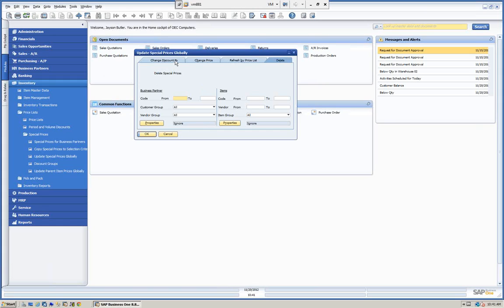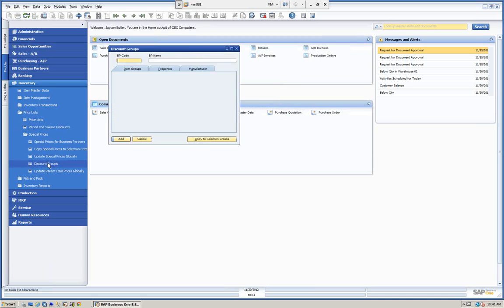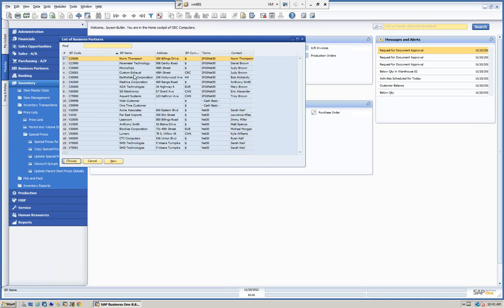Again, we recommend when you do the global updates that you back up your database first and run this to make sure everything's okay. If any issues arise, you can restore your database, so you don't have a problem with your data. You can also do it with discount groups. Again, you can see here, if we call it Earthshaker,